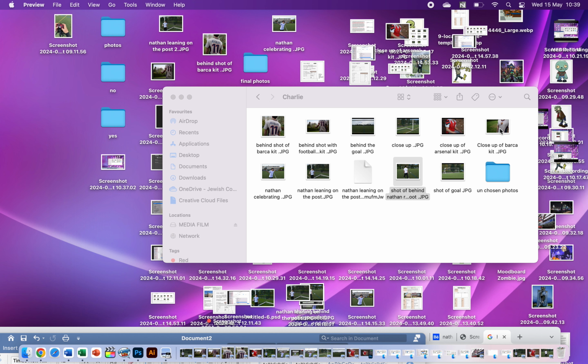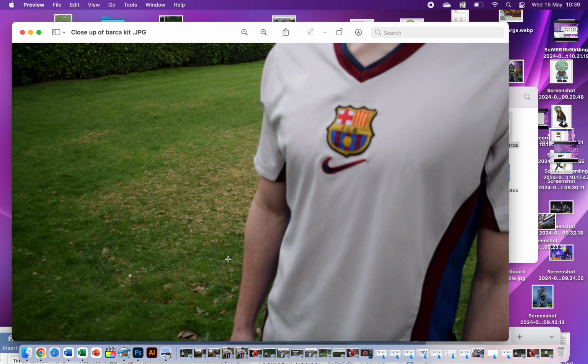The next photo that I will be using in my article is this one. I feel that I do want to talk about the kits and the different types of kits that players have worn over the past 5, 6, 7 decades. And with this kit being such an iconic kit in the game, I think this was key. I've placed him on the right-hand side of the rule of thirds grid, which makes the focal point clear to